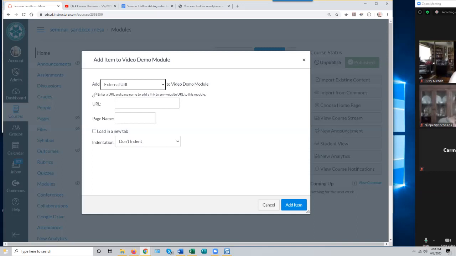One, Canvas is not designed as a video server, so it doesn't do that good a job of serving video. Students can experience playback issues and compatibility issues trying to play video stored within Canvas. It usually works, but there's some serious negatives to it,